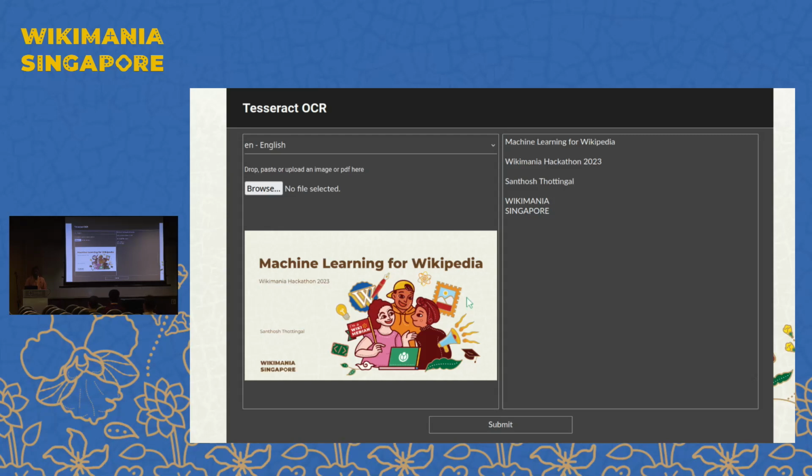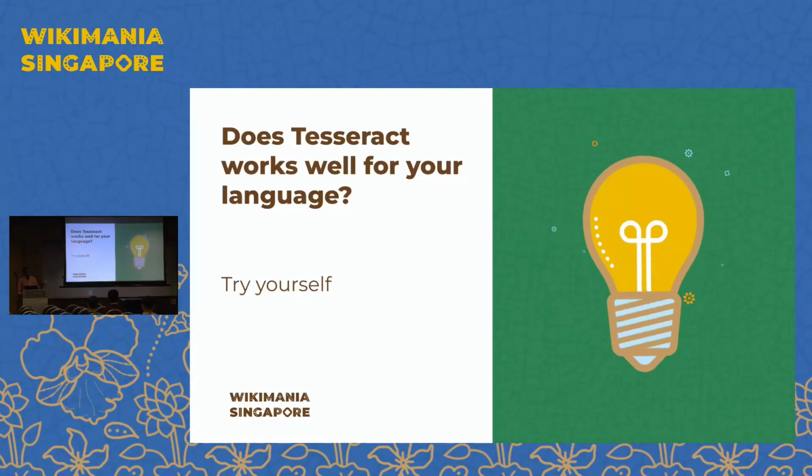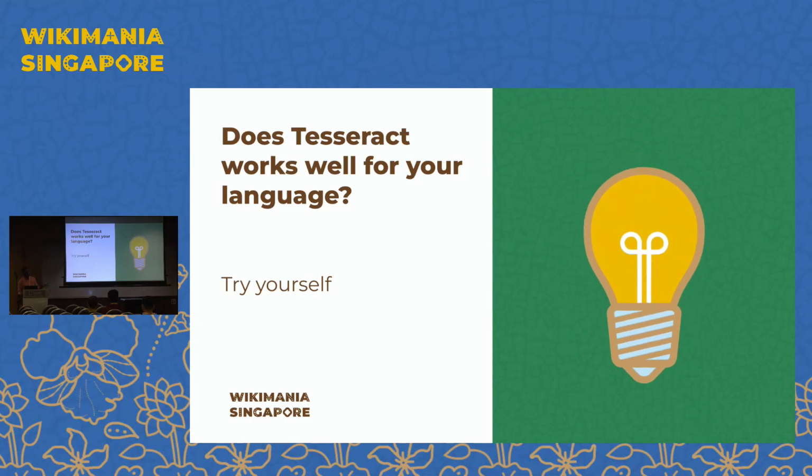So this is an example. On the same slide, I'm doing OCR, and I'm getting the OCR content out of this one. This one supports 148 languages, right inside your laptop. How to get this up and running? I have provided the links to the documentation on how to get it running. I'm not going into the details of how to set it up. Just like machine translation, try and see whether it will work in your language, because that's the most important thing.